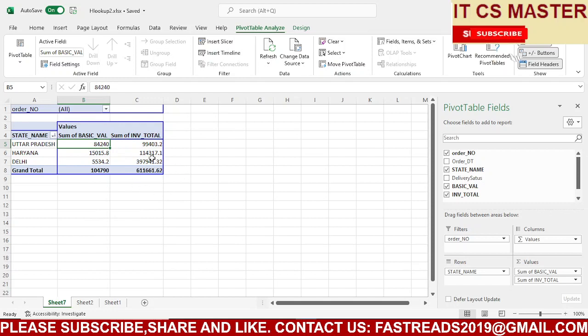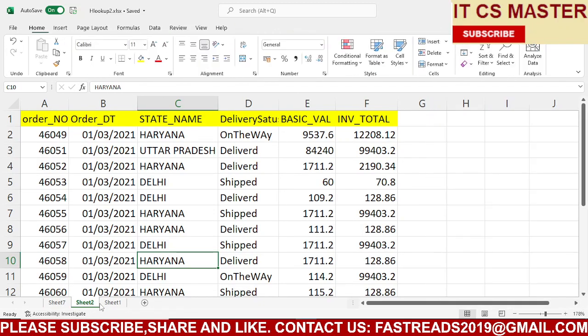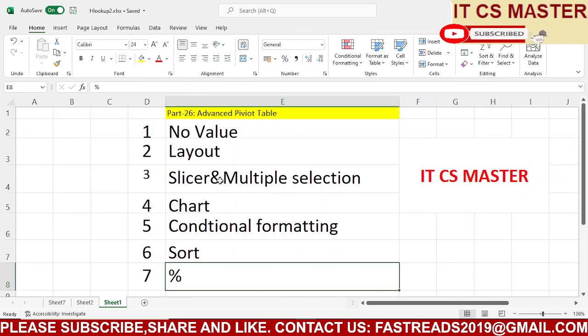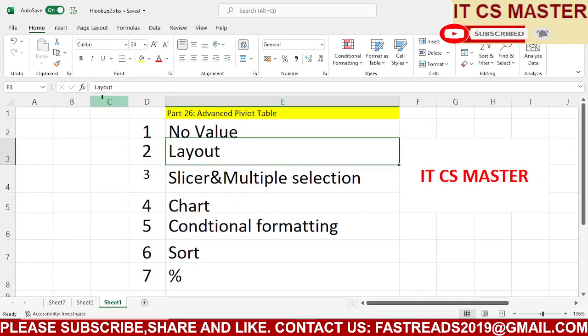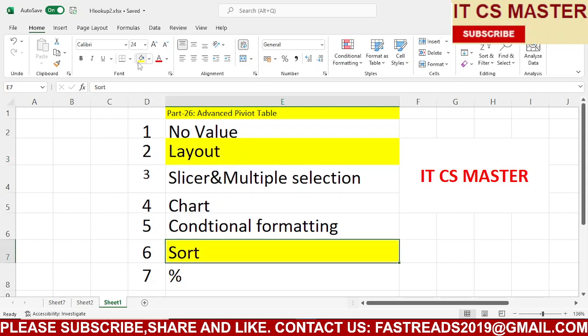Suppose I need smallest to largest, so it is now smallest to largest. I have taken it on the basis of invoice total. We have checked layout and sorting.